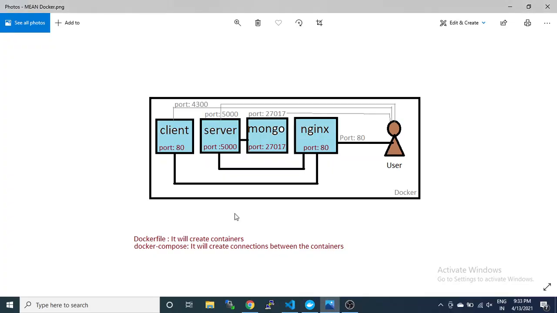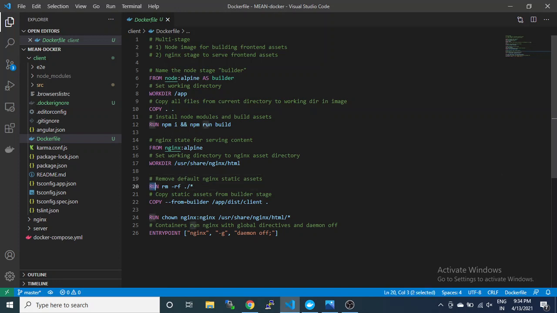You can see in the image we have an nginx inside the client, so that it can help it run on port 80. This nginx will only work inside this container, and it is separate from the reverse proxy nginx for all these three.